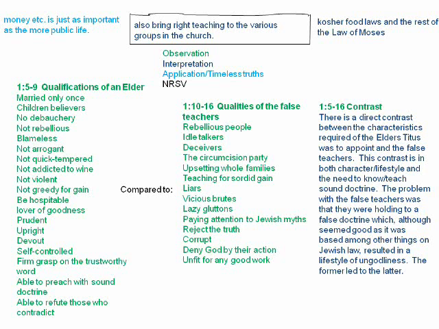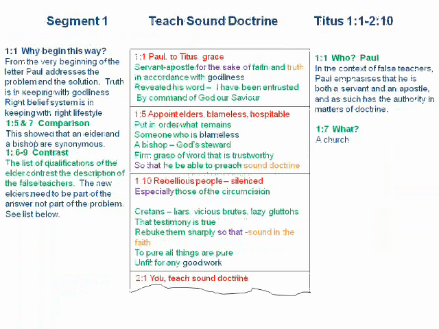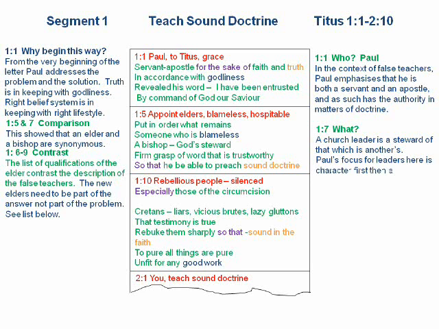In other words, the wrong teaching led to the wrong lifestyle. And so at the bottom of my chart I've listed these things out because it becomes very clear so often to see things in list form. And so 1:7, asking the what question, and the note I've recorded there, my interpretation, is the church leader is